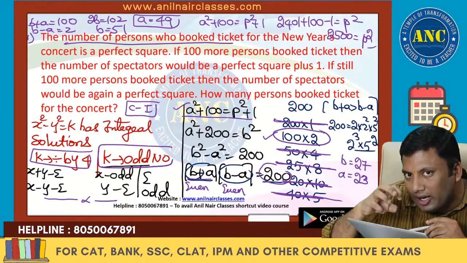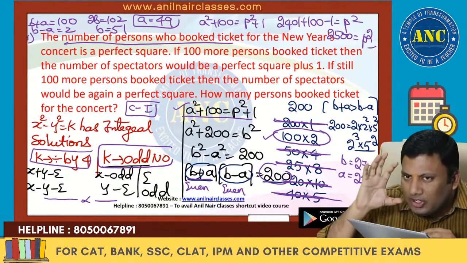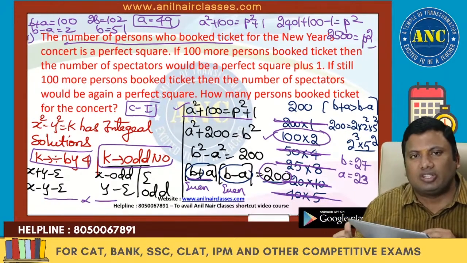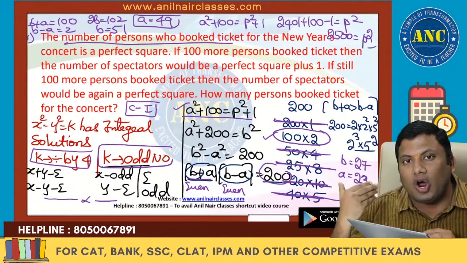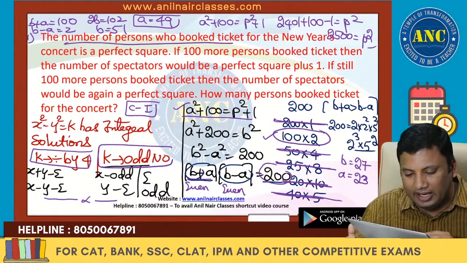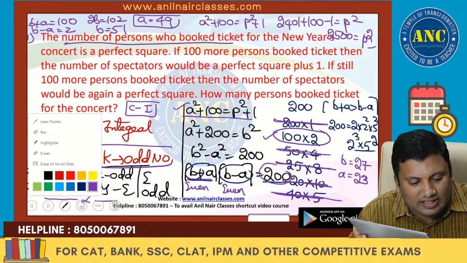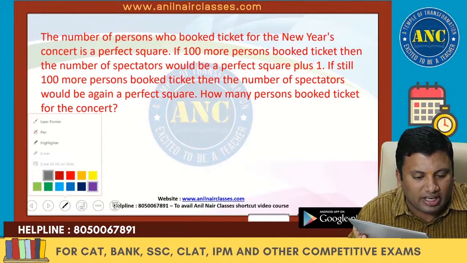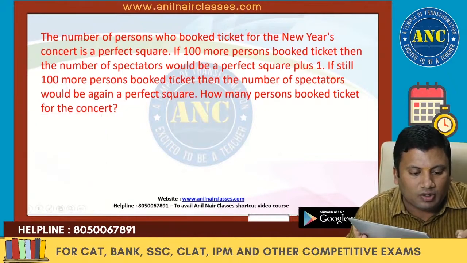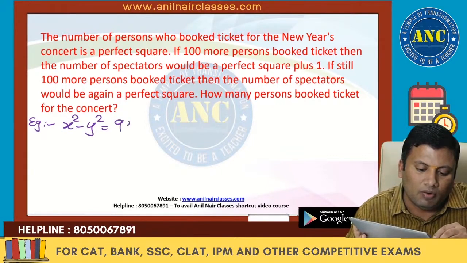The reason why I am stressing upon the concept is that the concept is the king. Once you learn all the concepts through these 34 questions, your confidence of looking at a question will increase. I hope the idea is clear. So x square minus y square, one sample question. The best thing about experience is I can create questions on the spot and help you understand the concept very clearly. This was the original CAT question.